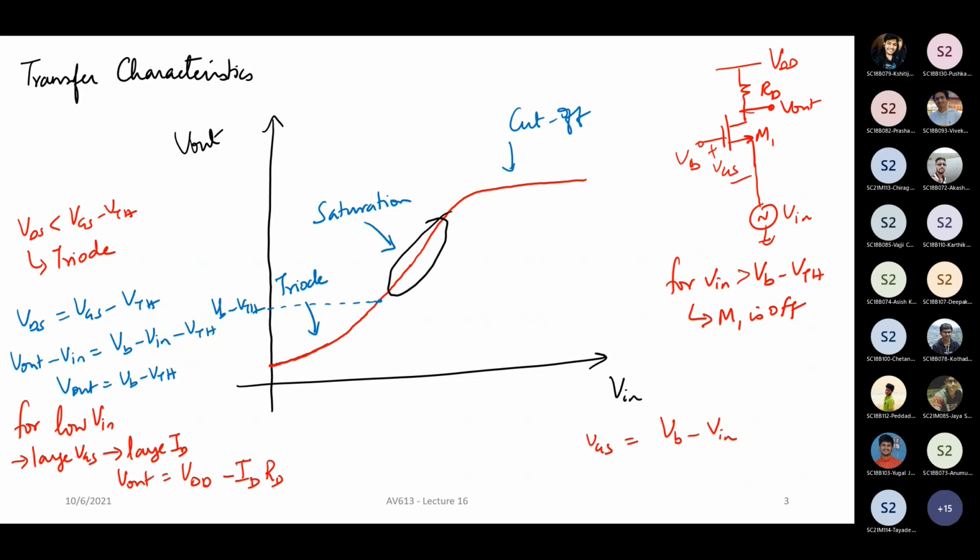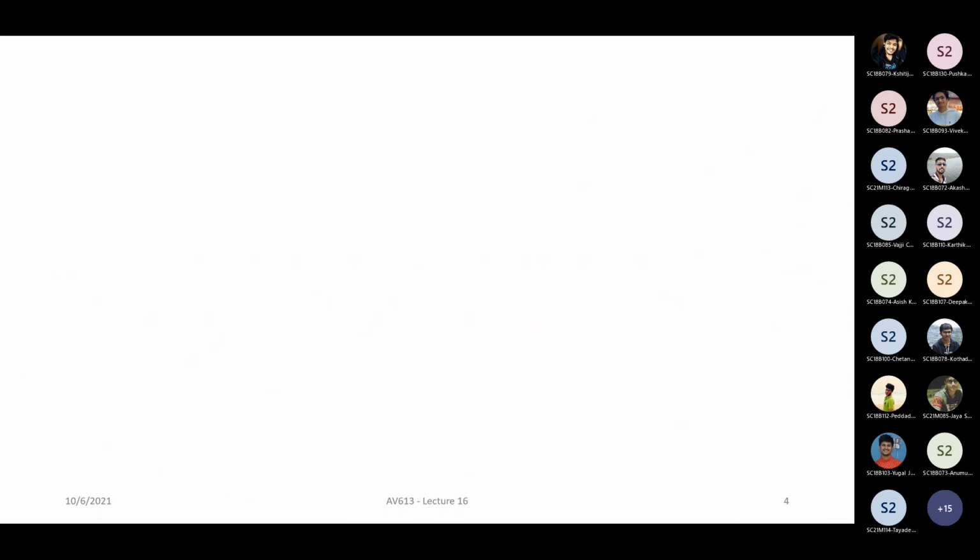Correct. This is the good bias point, which is where you can operate your transistor, or rather this is your input bias point, so that your transistor will work well and your amplifier will work well. If you go too high of a VIN DC, you're in trouble. If you put it at too low a value, again you're in trouble. Okay. All right. Now let us look at what is the small signal equivalent circuit.